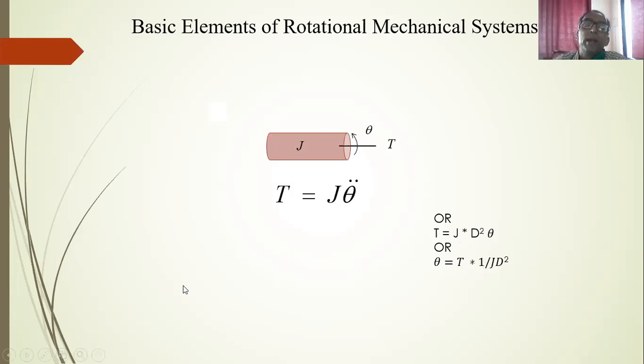So how do I write the block diagram? From the left hand side, I draw one arrow. What is the input? Torque T. So I'll have a rectangular block. Inside the rectangular block, I'll have 1 by JD squared, 1 upon JD square, as the transfer function for this torsional inertia element, and the output arrow will have theta. So this is the block diagram representation of the torsional mechanical element, that is mass moment of inertia,